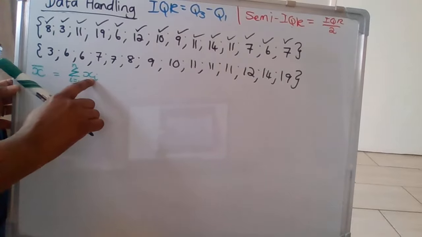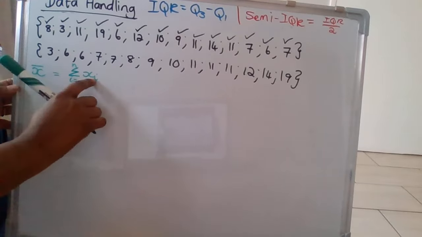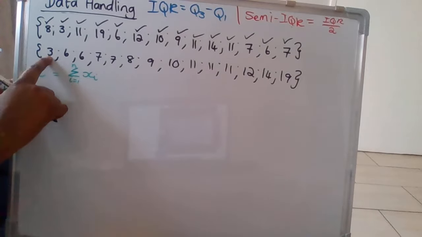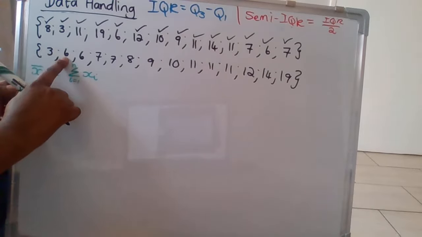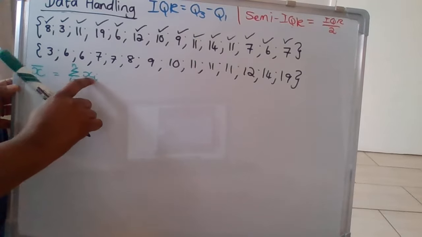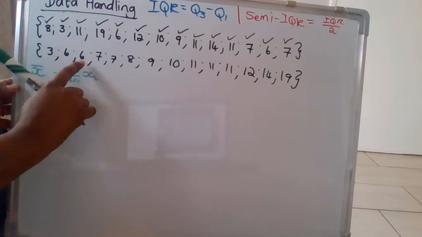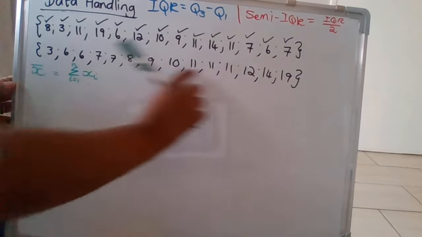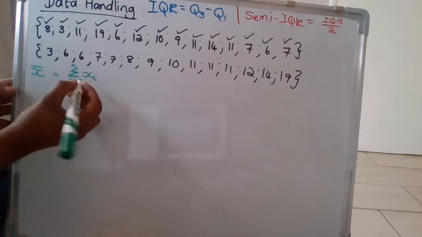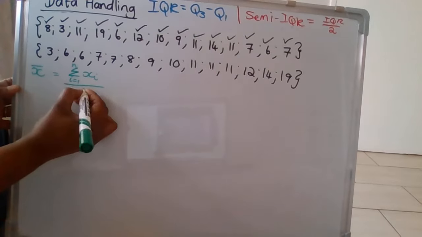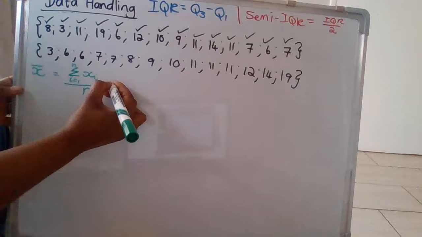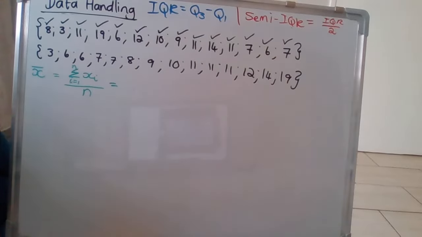So we say x_i, we substitute it into here. So it's x1, which is my first value, x2, which is my second value, x3, which is my third value, all the way towards the end. So this n tells you the number of values, all right? And then you're dividing it by that number of values. So here then it's going to be